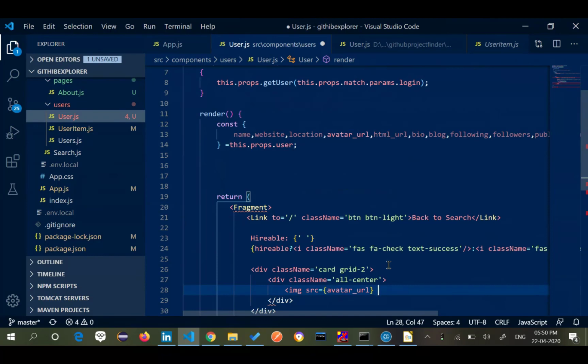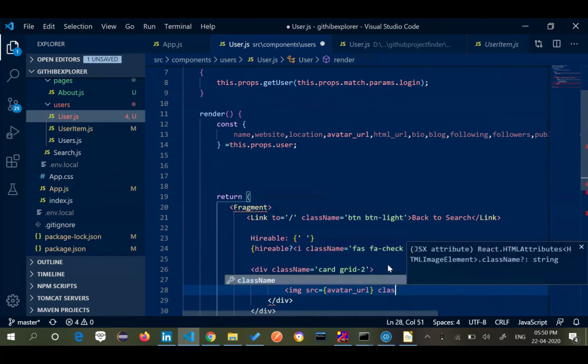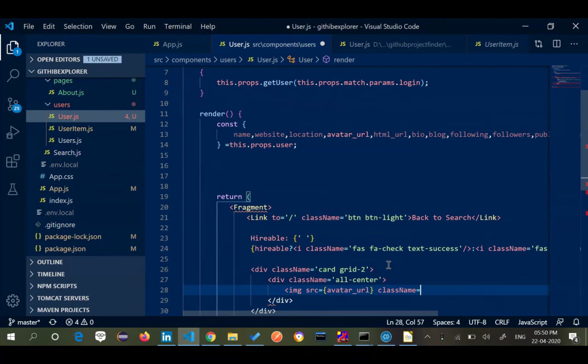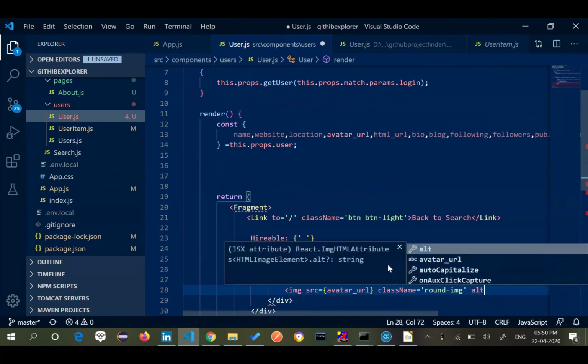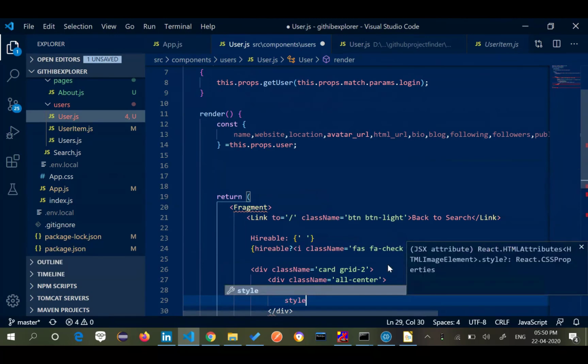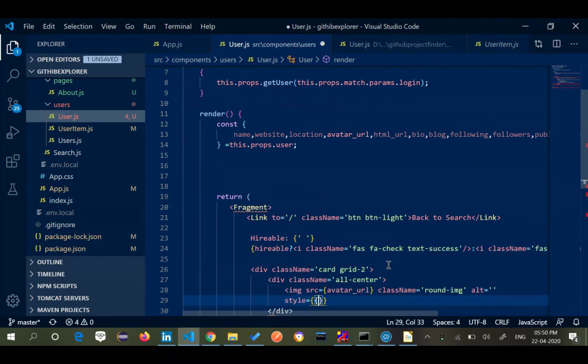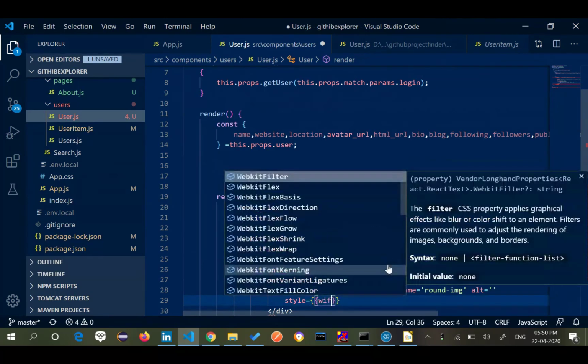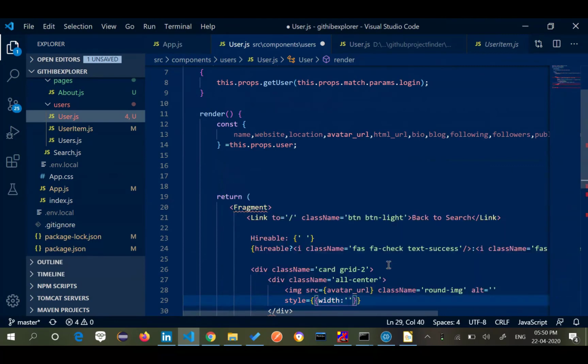The class name is equal to round hyphen img, and style is equal to width colon 150 px.